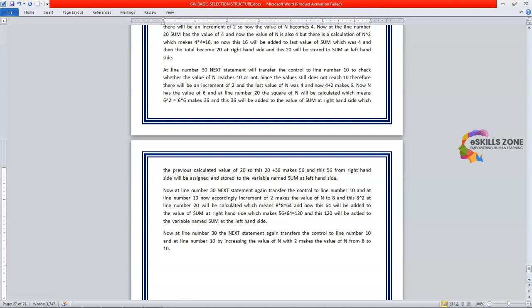You remember that the last value was 8, the square of 8 into 8 makes 64. Now this is the final value which we needed